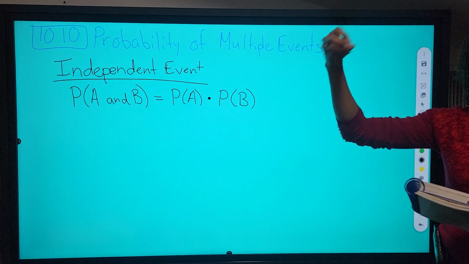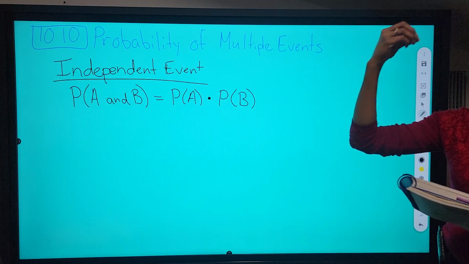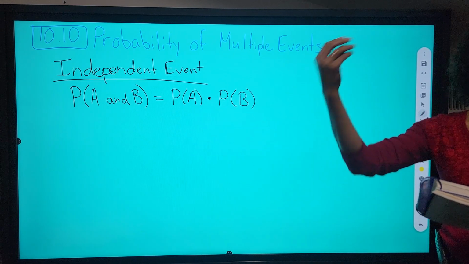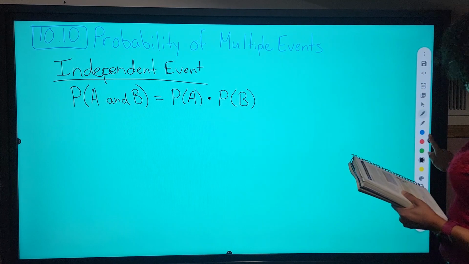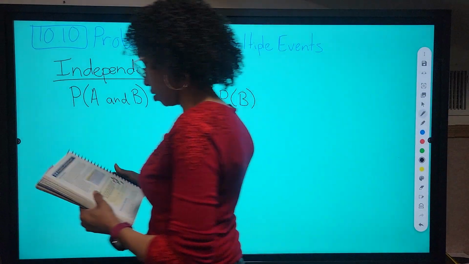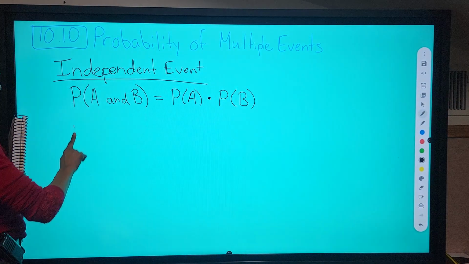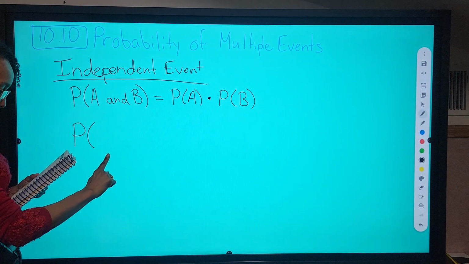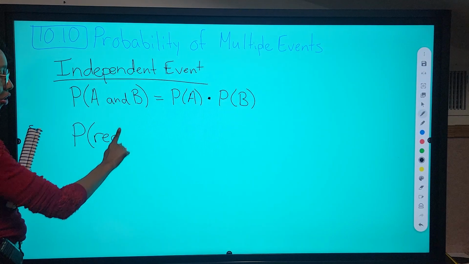So we draw one marble out and then put it back in, probability of getting the next marble out, okay? So they've got this written this way for that example. They have the probability of red and blue,